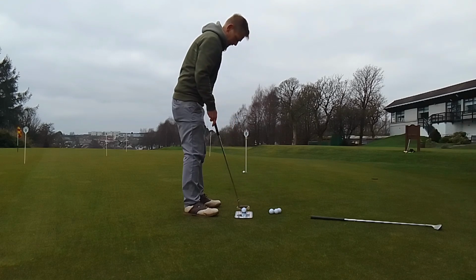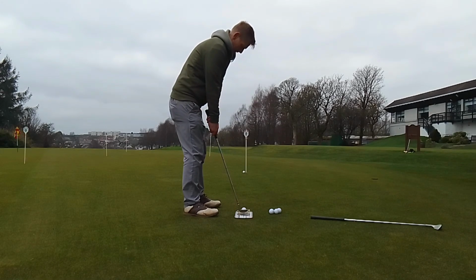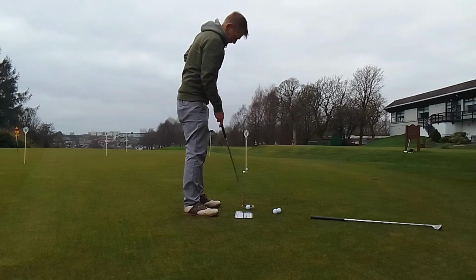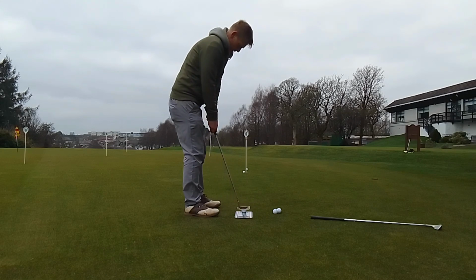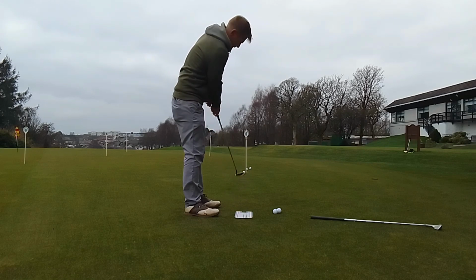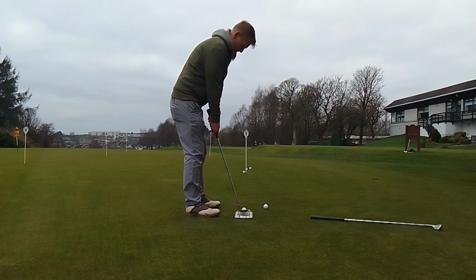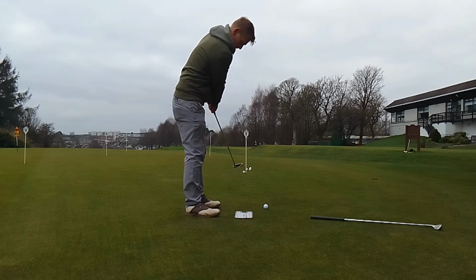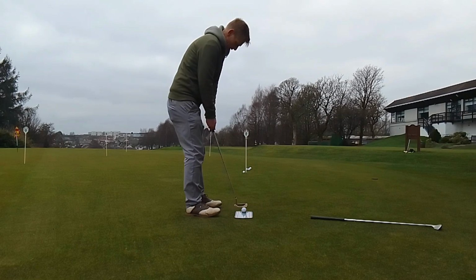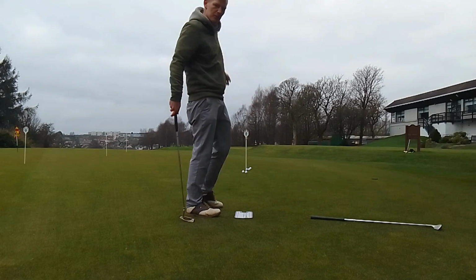Hard enough. I was tweaking there, trying to get my head up to look at it. Come on, one of these drops. Here's the magic sound. Let's hear the magic sound. Come on. Oh, I think that one would have been in, but